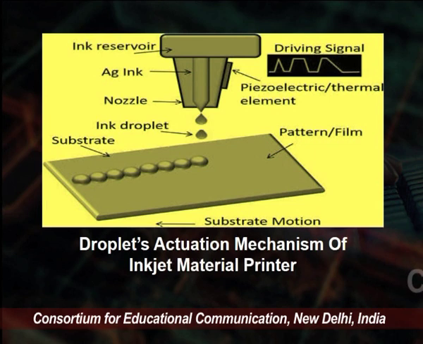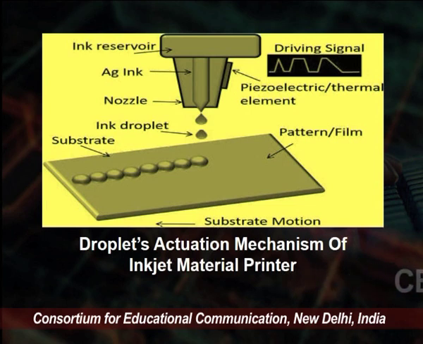inkjet material printer. Typically the nozzle diameter used for the inkjet heads ranges from 10 to 150 micrometer, and the reservoir ink has a capacity of 3 ml only. You see on the screen that this is a very simple process, that is the droplet actuation mechanism of inkjet material printer. You see here we have an ink reservoir, after that we have the silver ink, then we have a nozzle, and then the nozzle having an ink droplet, and you see on the right hand side we have a piezoelectric and thermal element that is used